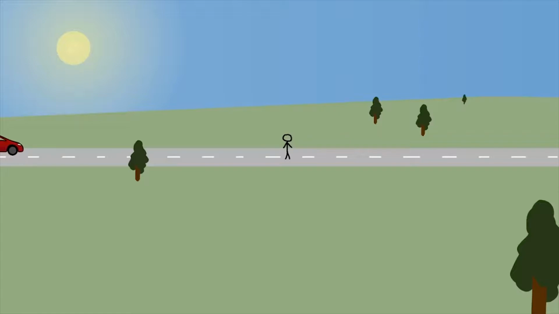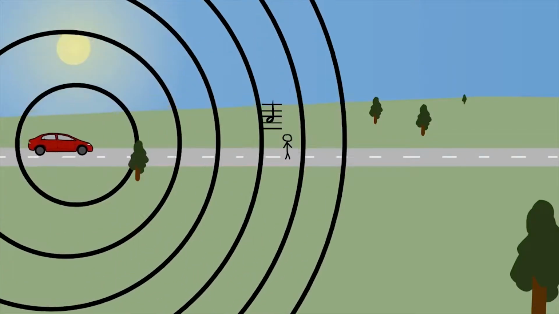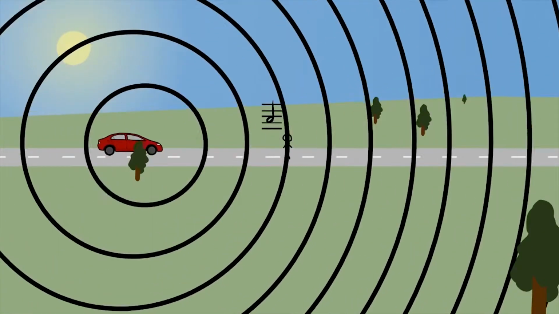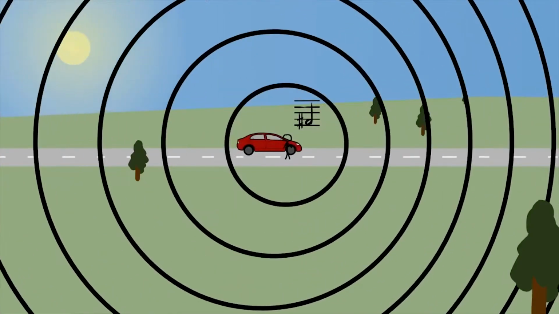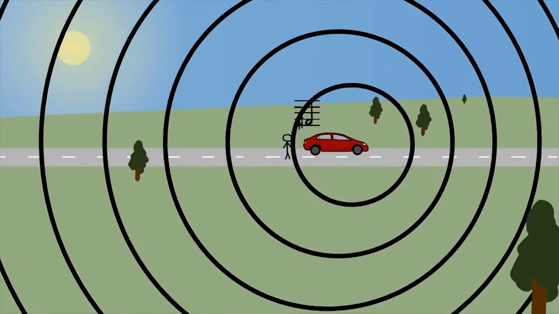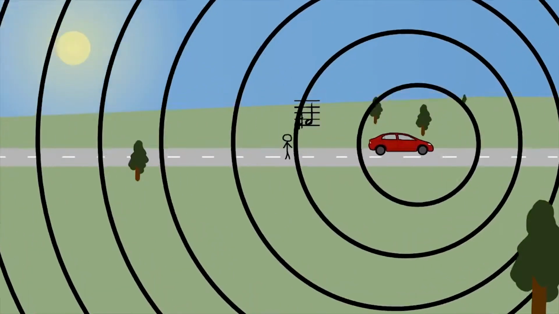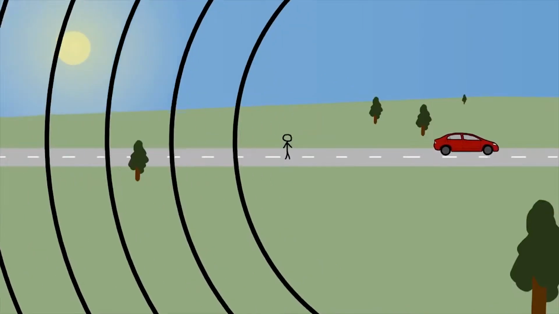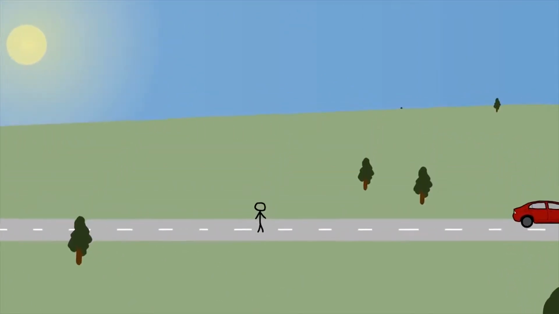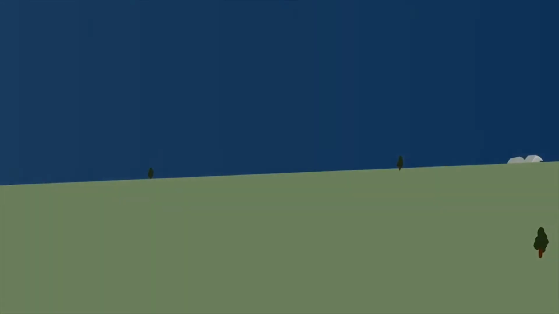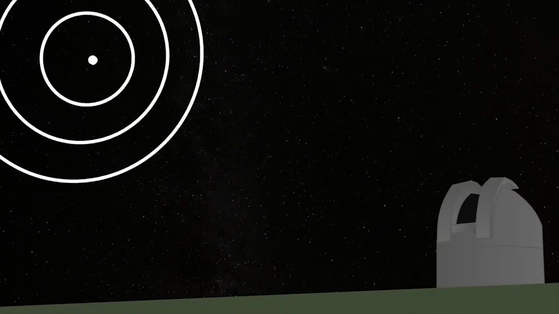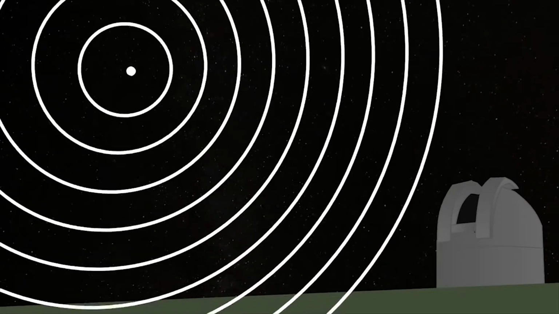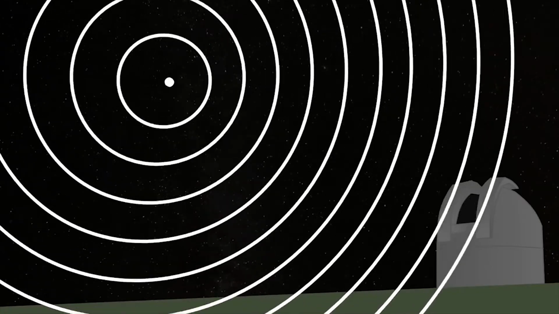To help visualize this concept, imagine the sound of an ambulance as it moves towards and away from you. Like light, sound moves in waves, so the same Doppler effect applies. As an ambulance moves towards you, the sound becomes louder due to its increasing frequency. When it passes you, the sound is exactly as it is produced with its original frequency. And as it moves away from you, the sound becomes quieter, having a lower frequency relative to you, the observer. Now imagine this as a star approaches an observation telescope. The same shrinking wavelength principle applies, and we see a blue shift in the star's spectrum.